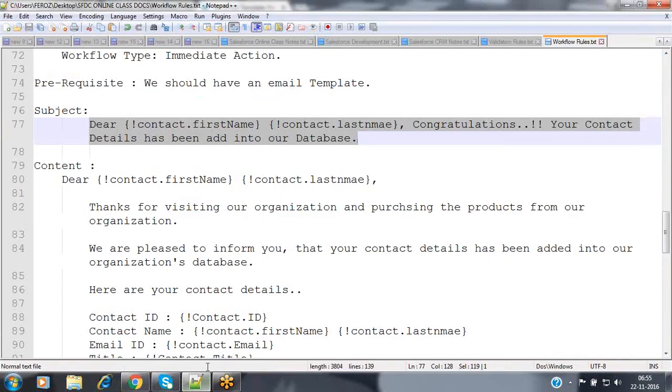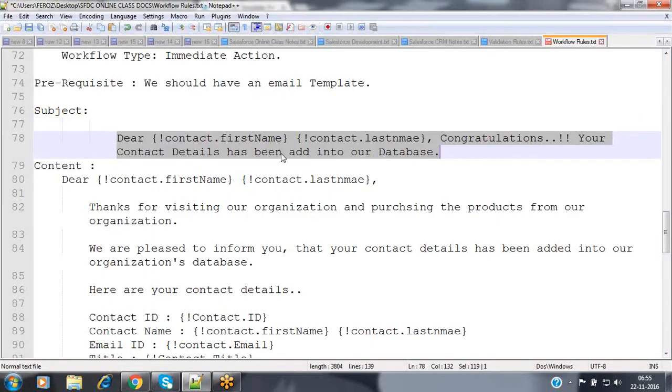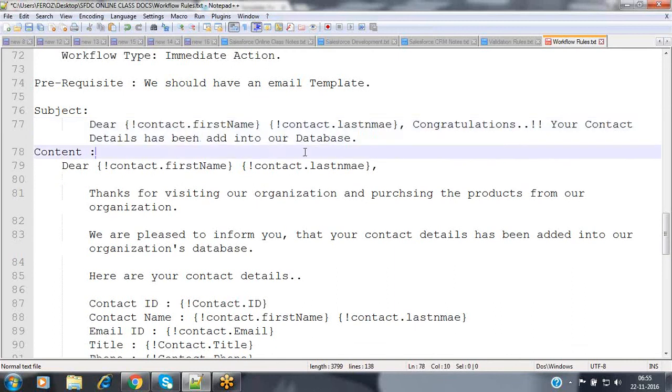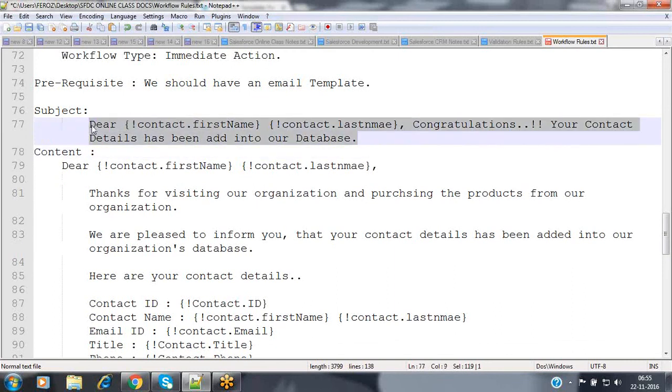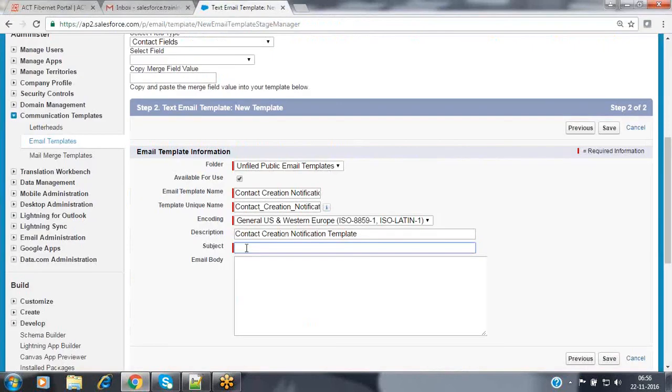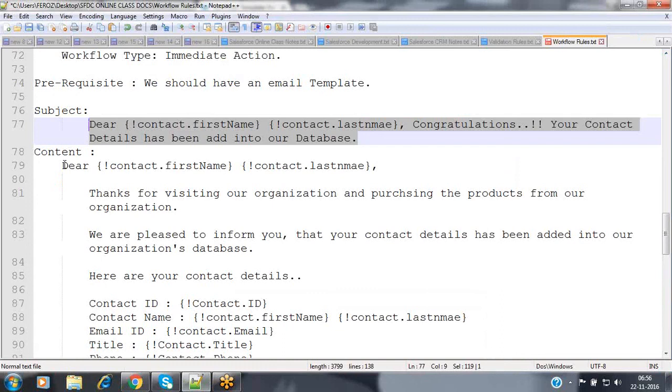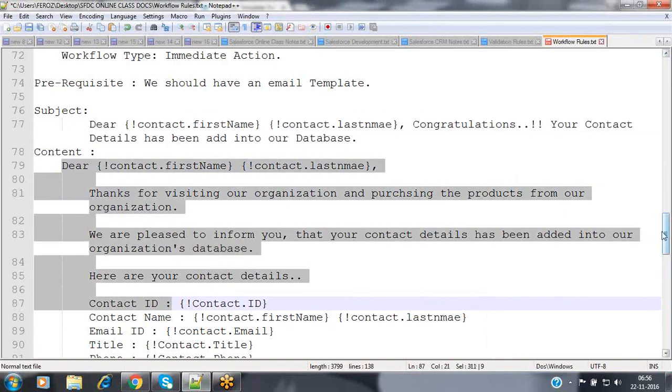Specify the subject. We have prepared the subject here now. Now place your subject, whatever we have prepared, inside that subject field. And then add the content here. Whatever content we have prepared, add this content.